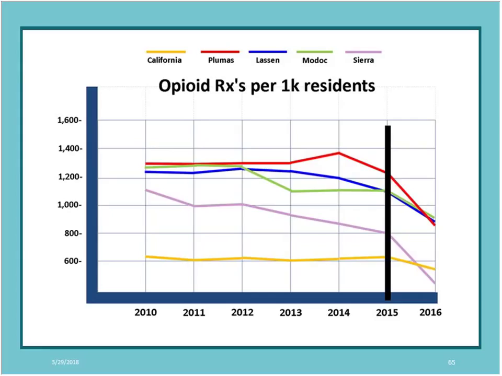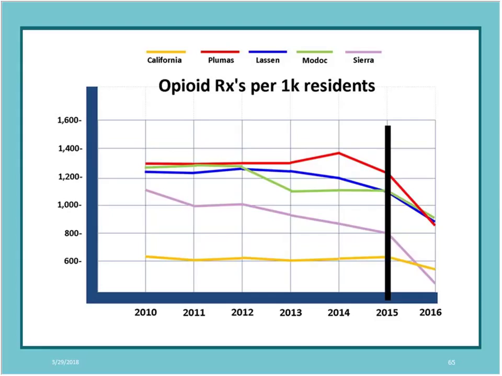So that's when we formed our coalition, at this black line. You can see there was some work done before that, but for the most part, our rates were pretty much double the state's. We were prescribing 1,300, almost 1,400 prescriptions per 1,000 residents. So we decided we needed to do something, and one way was to dramatically drop the number of